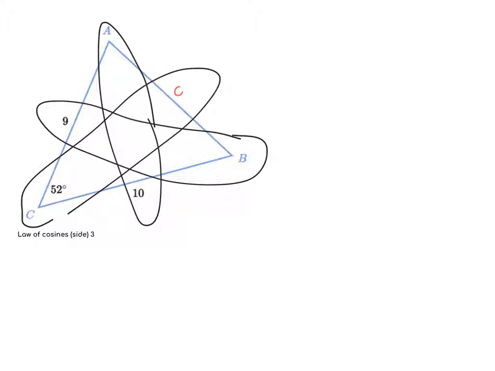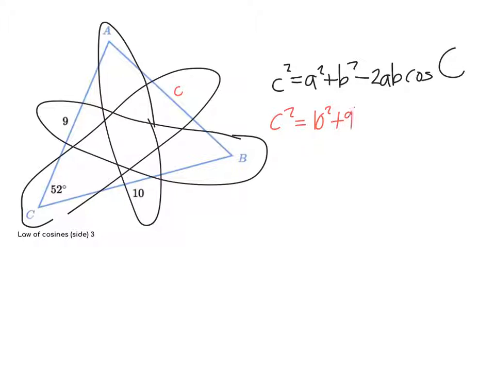So I'm going to set this up as law of cosines, solving for c. That means c squared is going to be by itself, and we've got a squared plus b squared minus 2ab cosine of angle C. Plugging things in, c squared is equal to 10 squared plus 9 squared minus 2 times 10 times 9 times